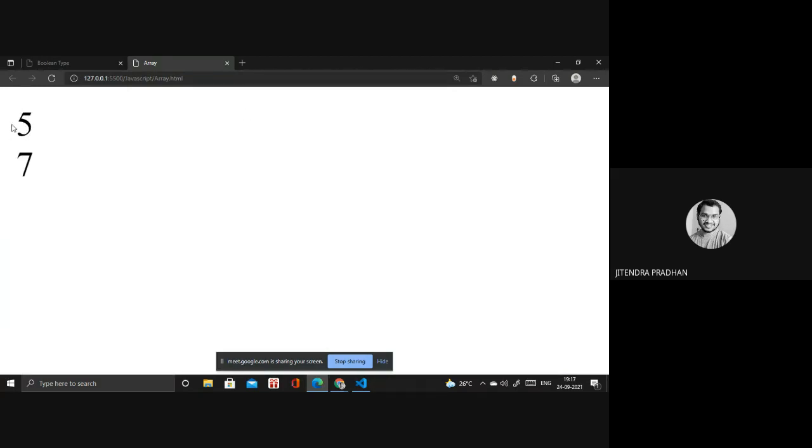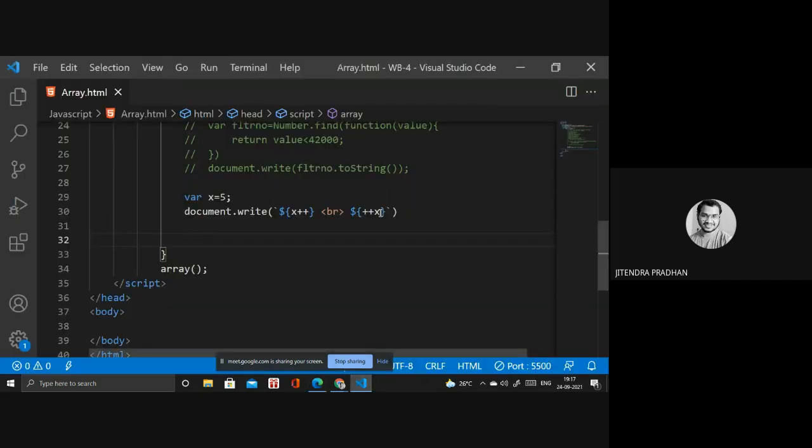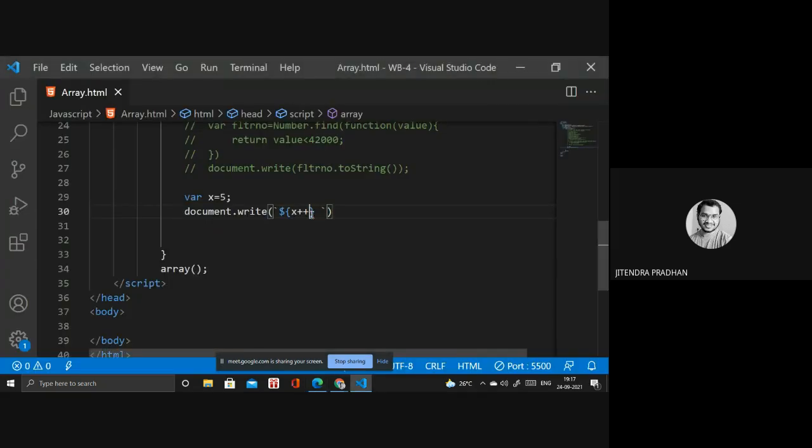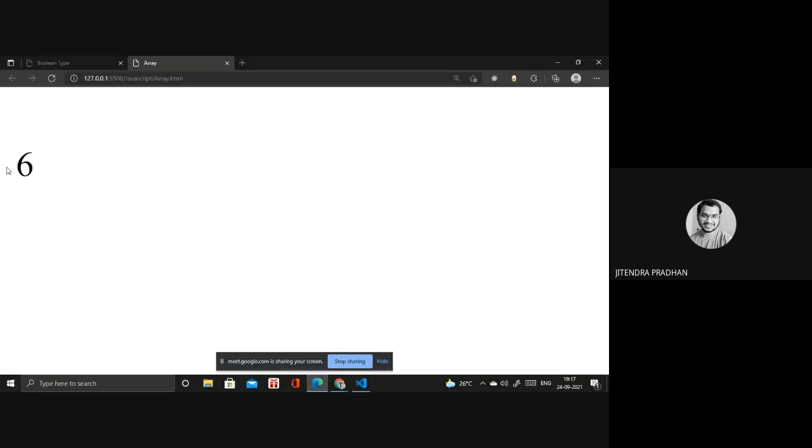Yeah, they're getting the point. 5 and 7. Okay, but someone told me that 6, right? So first is post-increment, so it will be 5. Okay. But if I talk about pre-increment, it will be 6.